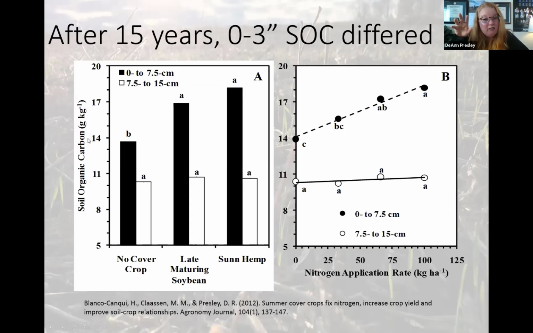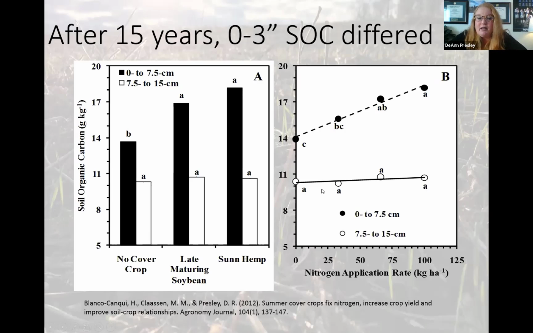And just for a rough back of the envelope, if you multiply these times 2, that's an okay approximation for what the percent organic matter is. So if we say the no cover crop was about 2.8% organic matter, and this one was about 3.4, and this one was about 3.6% organic matter, roughly, they were different. So the 2 that had a cover crop were different than the no cover crop. All no-till, no tillage here. And then in the 7.5 to 15 centimeter, which is the 3 to 6 inch depth,